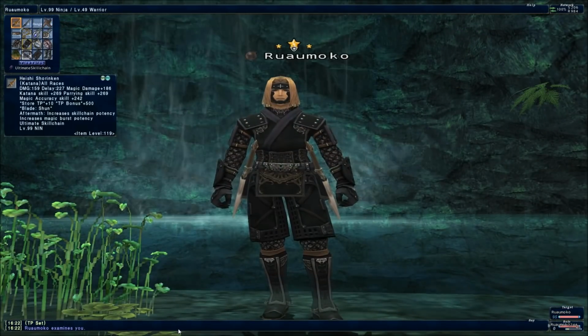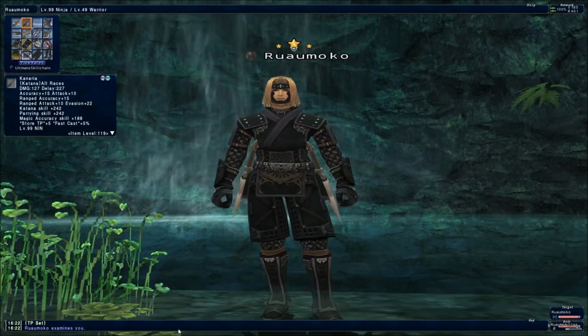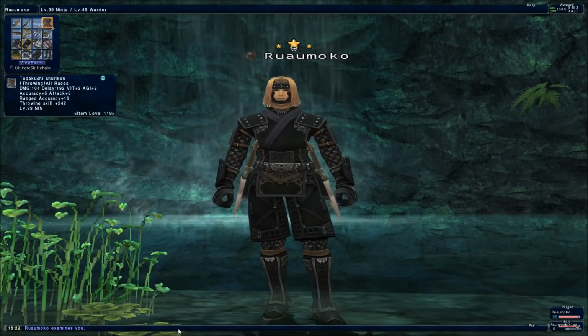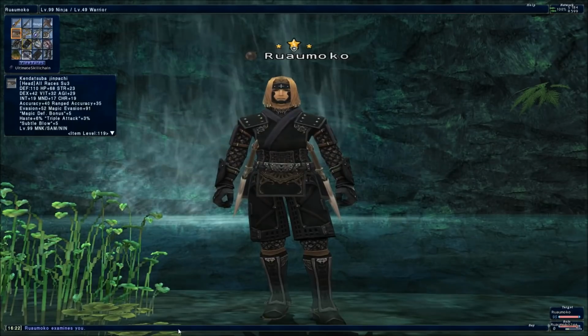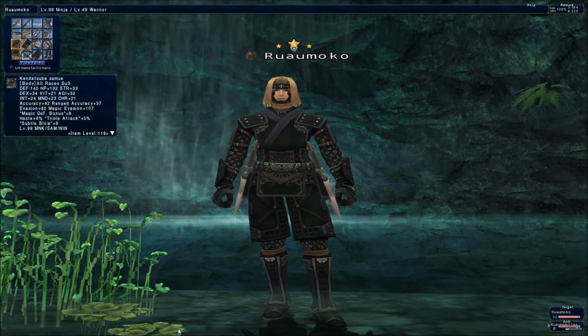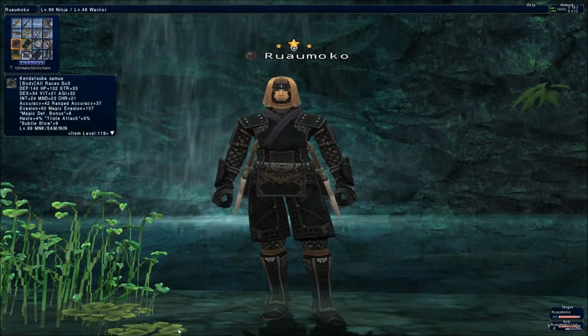Fortunately, Ninja's high-end gear selection is well suited to accommodating both accuracy and ranged accuracy in the same slots, but you've still got a balancing act on your hands though. You need to work in accuracy, ranged accuracy, store TP and multi-attack into a well-rounded set while also avoiding increasing